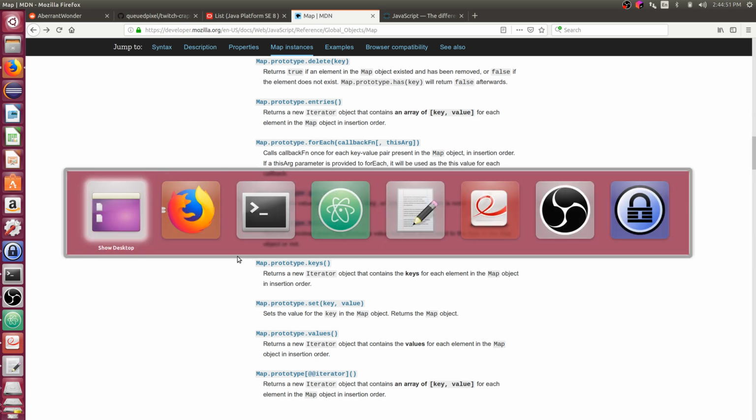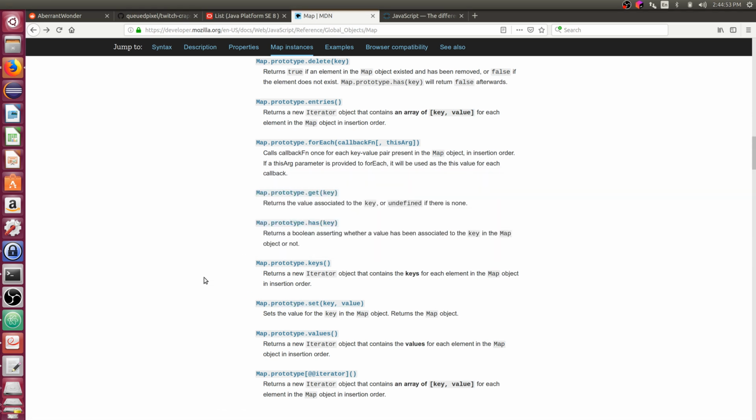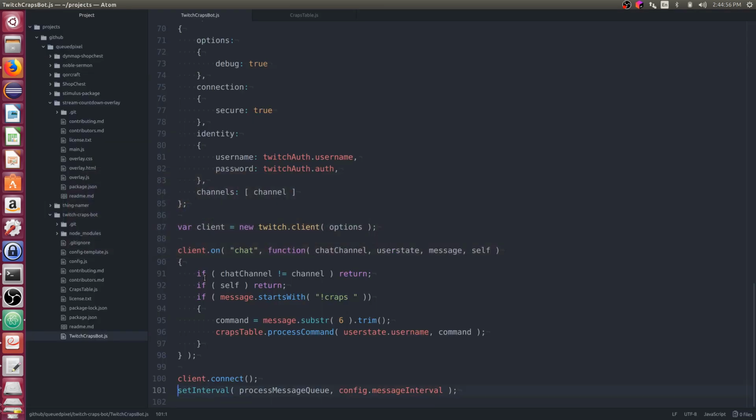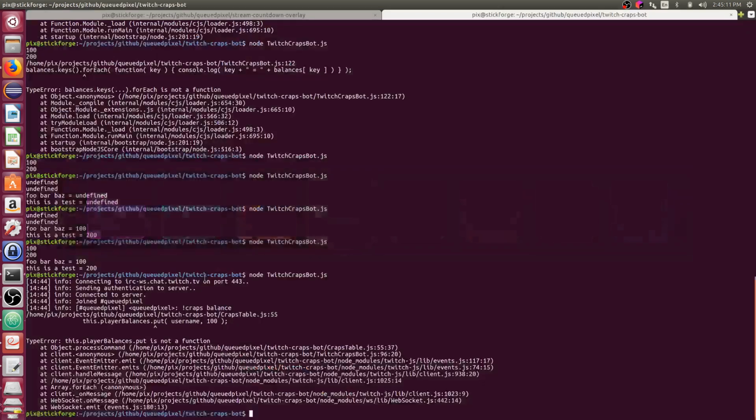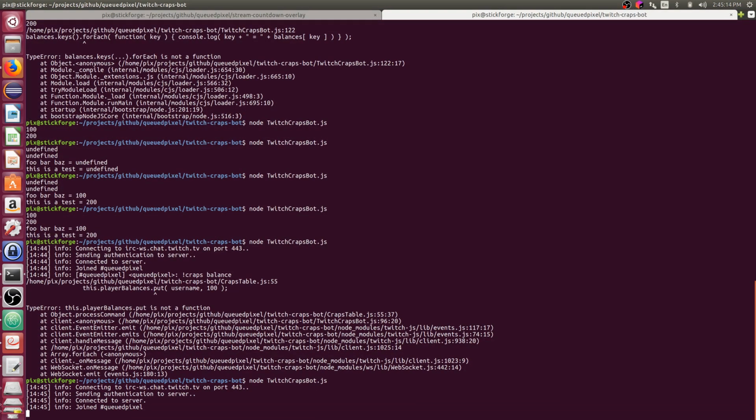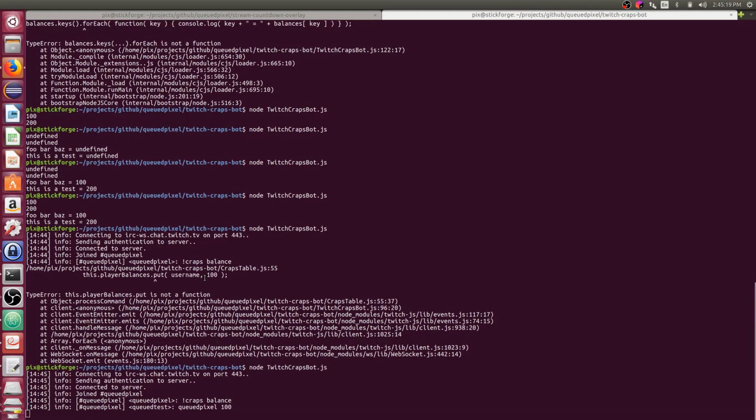That's like my specialty. And we can see here it is set, not put. So let's go fix that and type in set. I'm so used to different interfaces on Java versus JavaScript versus PHP. It's easy to get confused by these different APIs. Let's try it again. Alrighty, so it gives me my name and gives me my balance. If someone else were to try that, that would work for them as well.